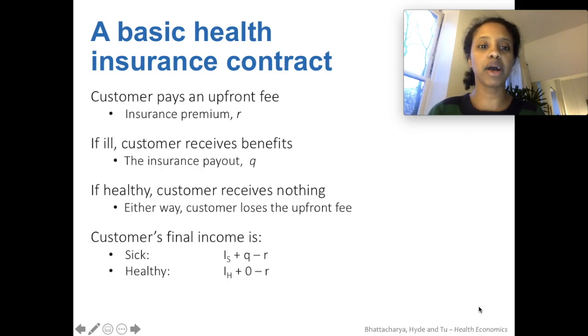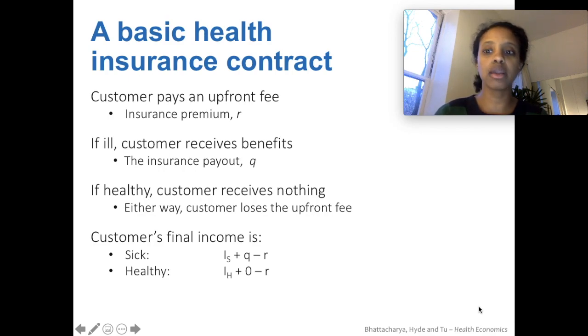So next let's talk about what a basic insurance contract looks like through risk aversion. When you get an insurance contract, you pay an upfront fee. That's the insurance premium R. You always have to pay the premium. If you're sick, in exchange, you get the insurance payout, which we're noting as Q. If you're healthy, of course, you receive nothing from your insurance, but either way, you are going to lose that